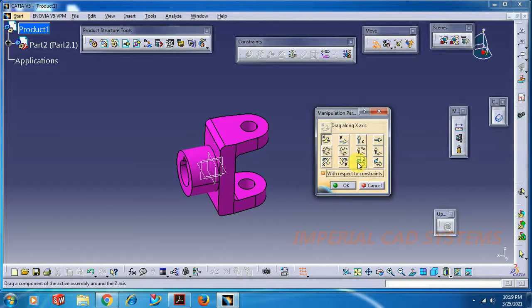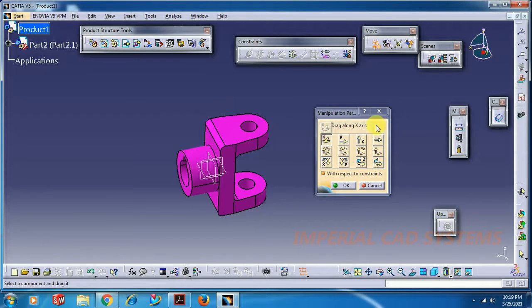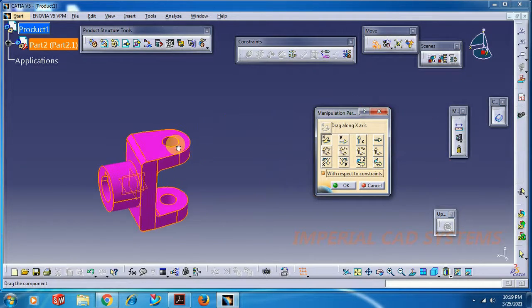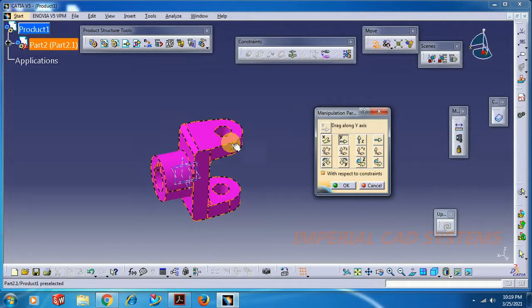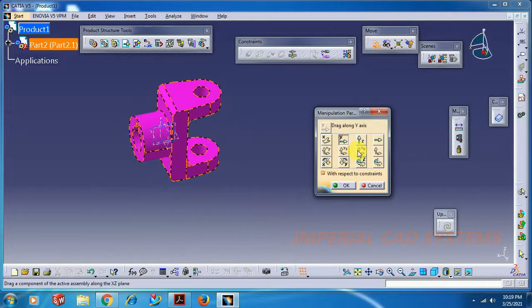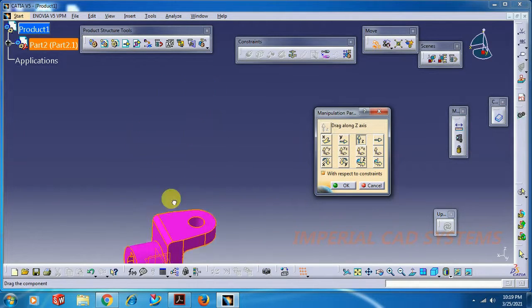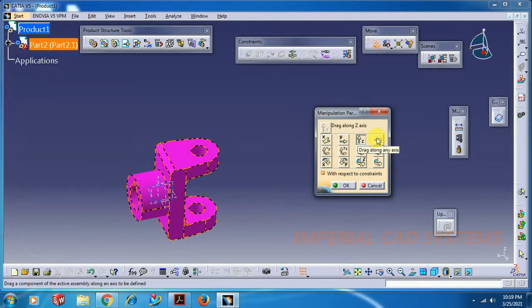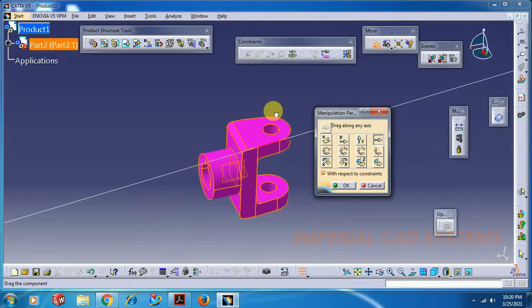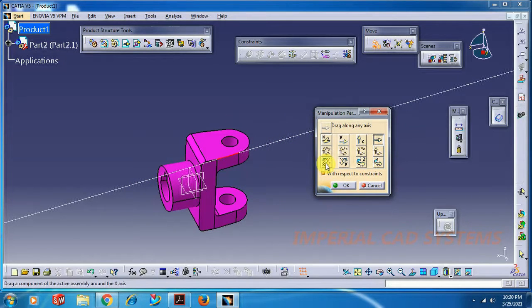Then this is XYZ translation, XYZ rotation. Here you can see the reference X, the part moves in X direction, Y only in Y direction. If I select Z, it moves in Z direction. Translate along any axis, you can select any axis, then the part movement will be along that axis.